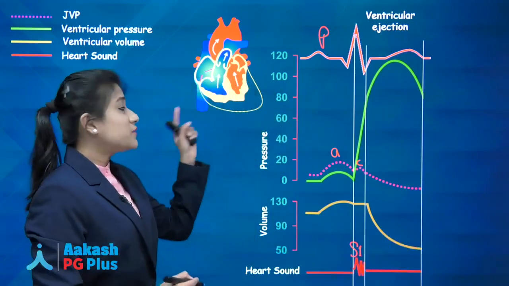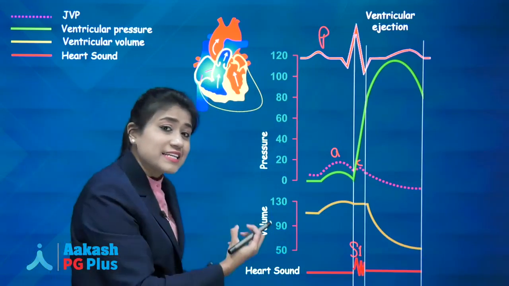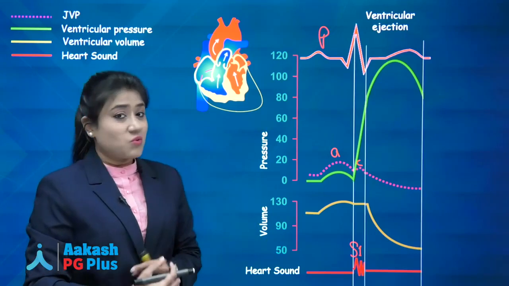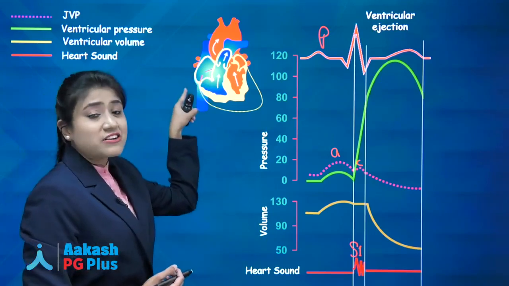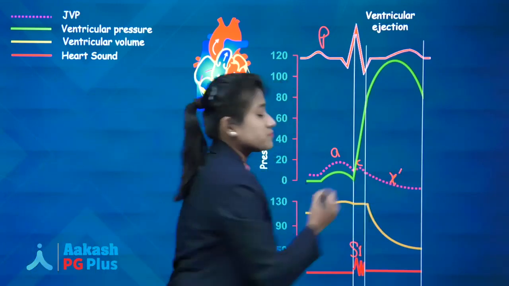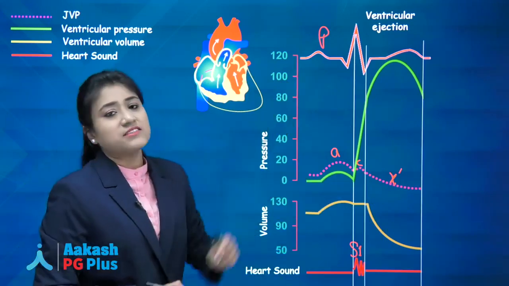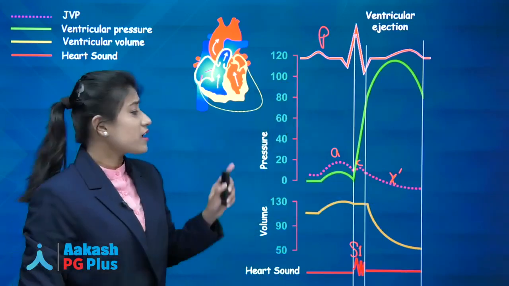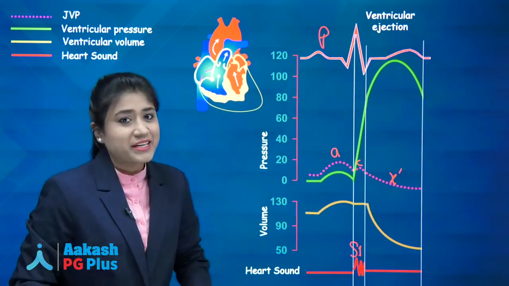And what about arterial pressure then? Remember guys, during the ventricular ejection, the AV valve gets pulled inside the ventricle. What will happen due to that? Due to that, there will be a decrease in atrial pressure, which is seen as the X descent on JVP. Okay, the X descent is seen during the ventricular ejection. And remember guys, during this phase, you will get the T wave on ECG.